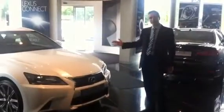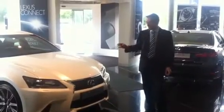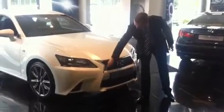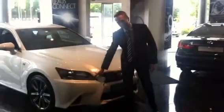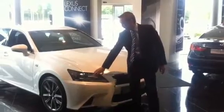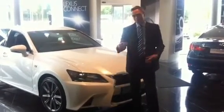This is the new Lexus GS. It's got the very latest design language for Lexus. It's called L Finesse. It incorporates this new spindle-shaped grille and also new arrow-shaped daytime running lights. Standard on the new GS as well are high-intensity bi-xenon headlights, giving improved visibility and making life a lot safer